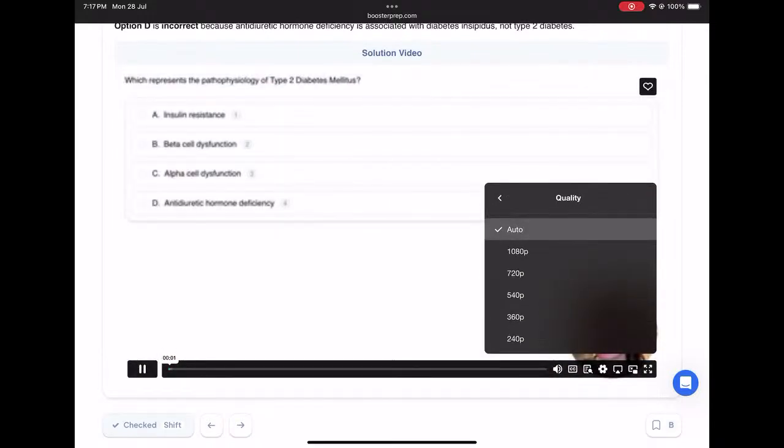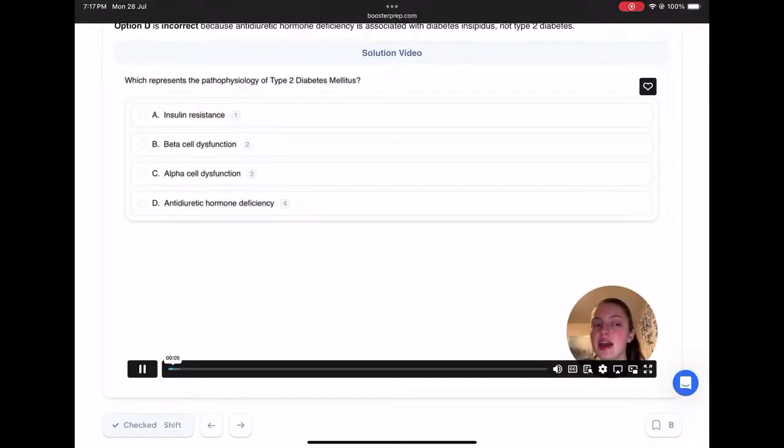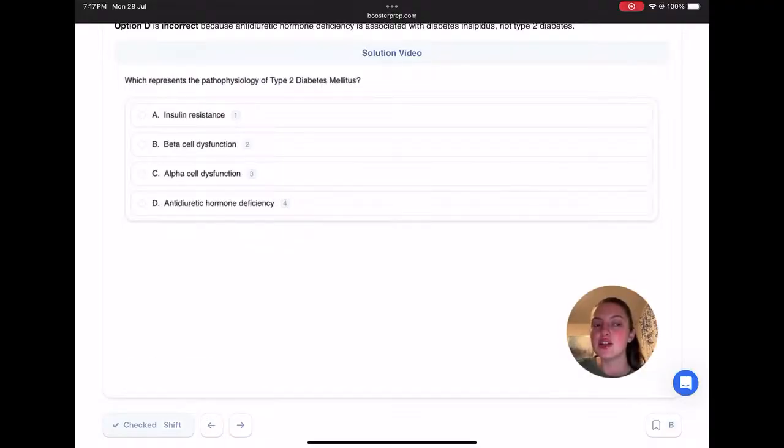This question is asking which represents the pathophysiology of type 2 diabetes mellitus: insulin resistance, beta cell dysfunction, alpha cell dysfunction, or antidiuretic hormone deficiency. Now, this is a very straightforward question, and honestly maybe one that you knew the answer to before even starting